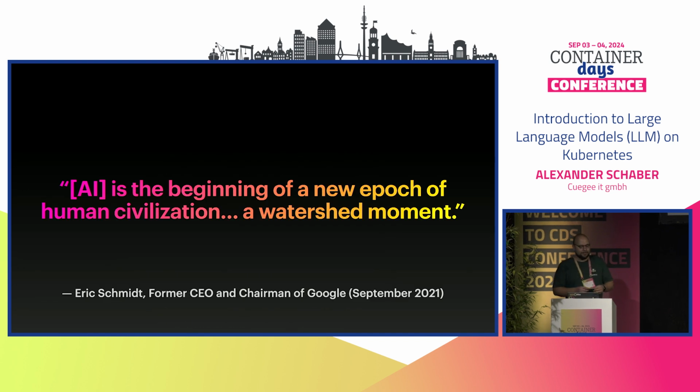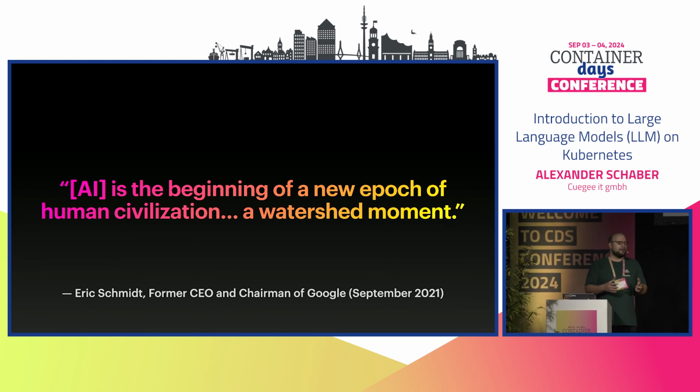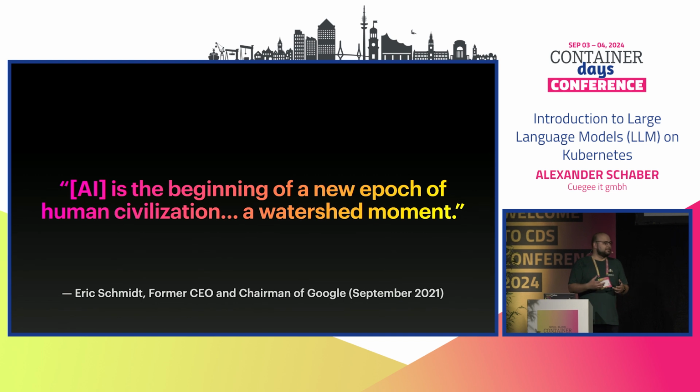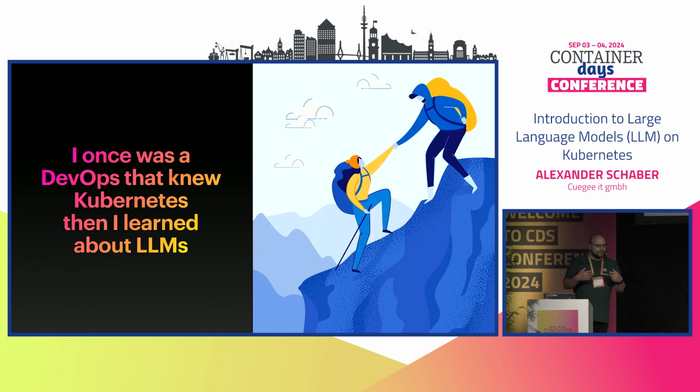So I read a lot of quotes, and one of them is by Eric Schmidt saying AI is the beginning of a new epoch of human civilization, a watershed moment. And there are lots more of them out there, and that kind of got me thinking, okay, what is this new technology that everybody's talking about? So I thought, okay, not